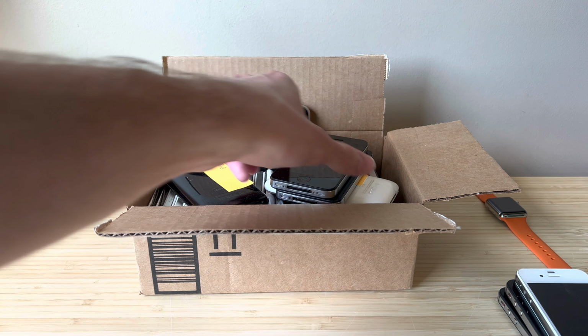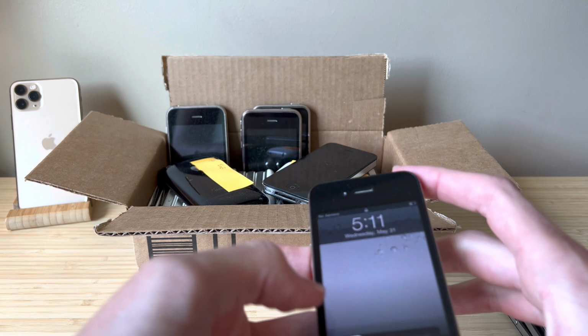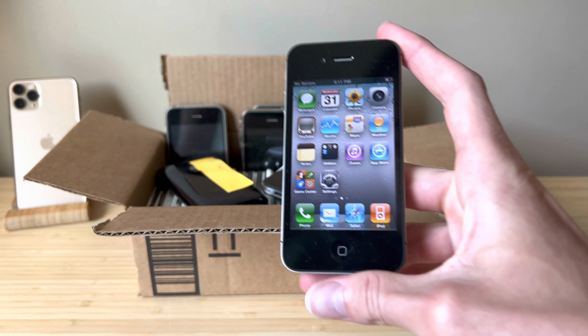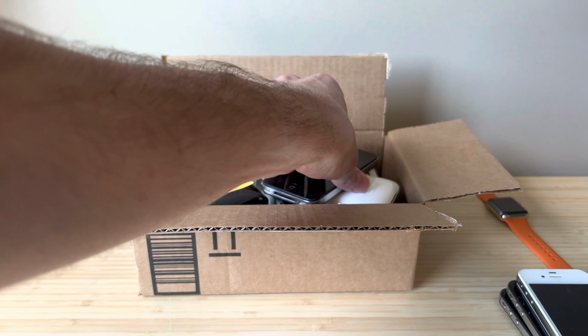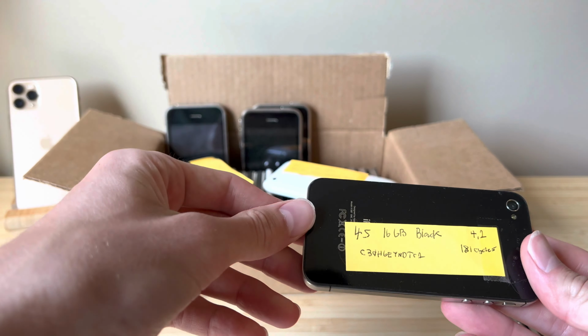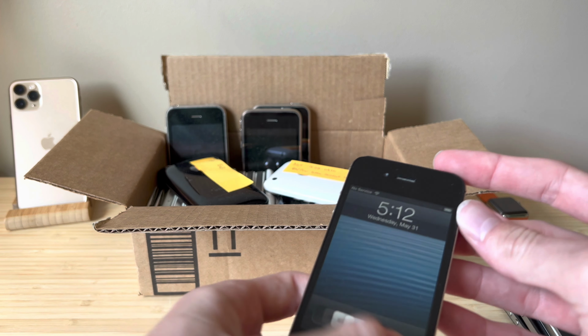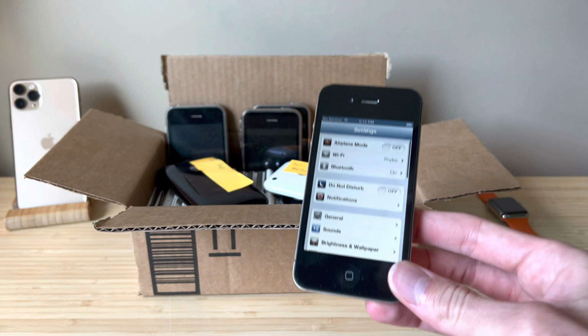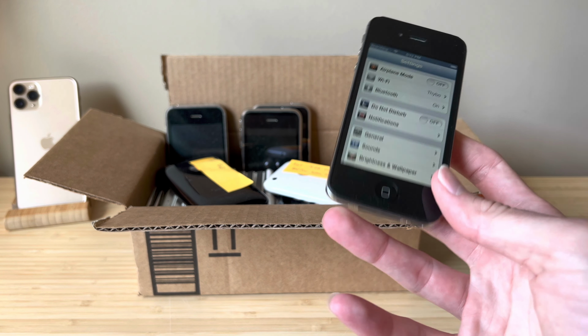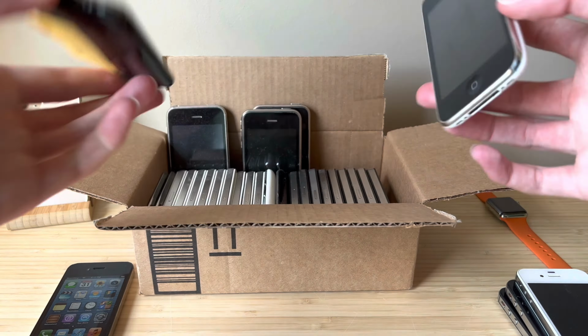Okay. What's this one? This is an iPhone 4 iOS 4. That's a special one. What are you? 4S 16 gigabyte. Okay, so we do have an iOS 6 4S. So if we don't find an iPhone 4, at least we got